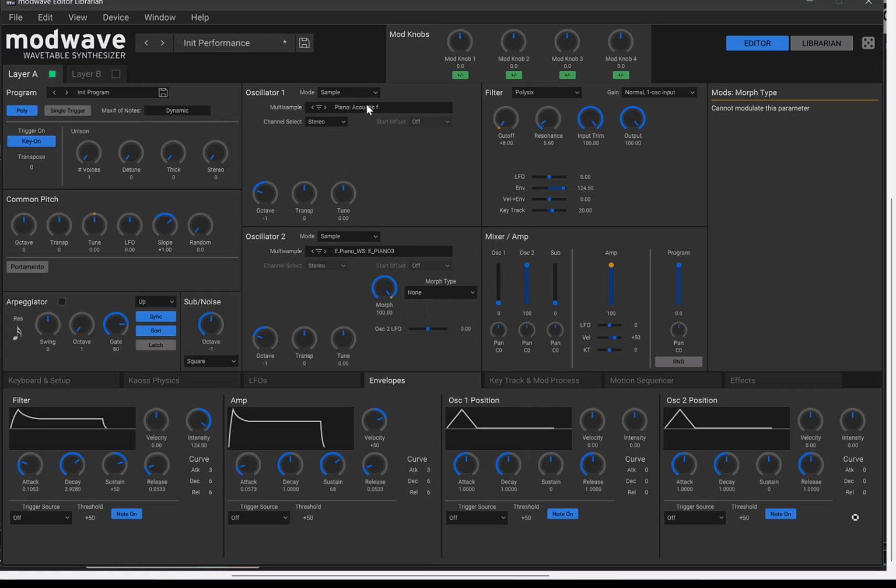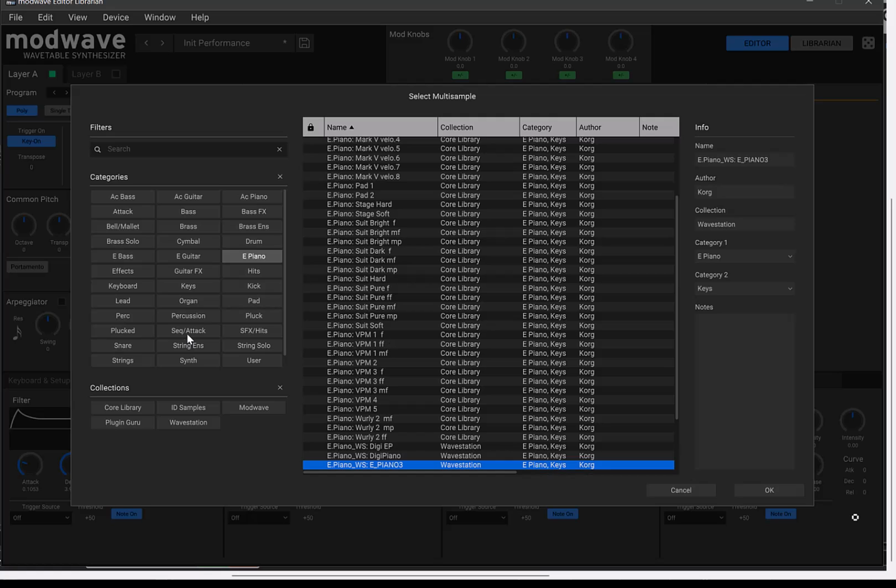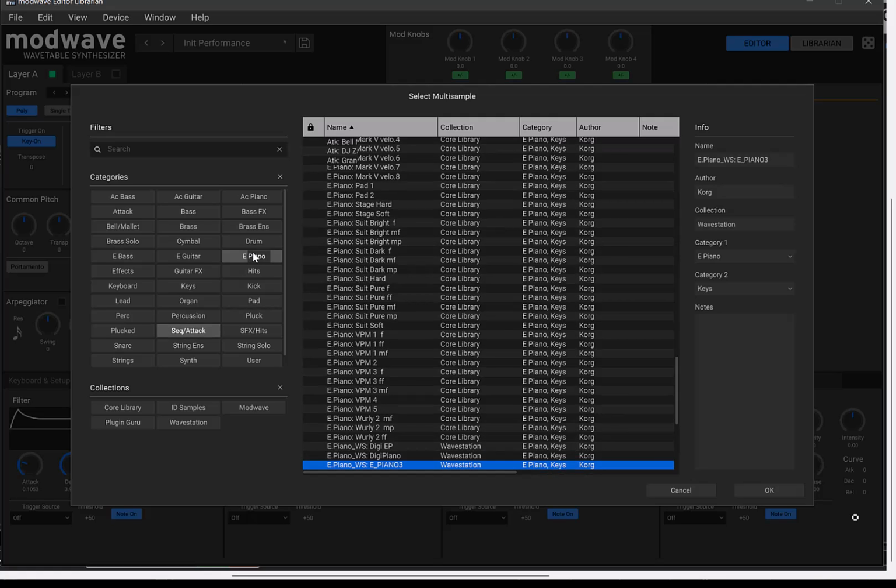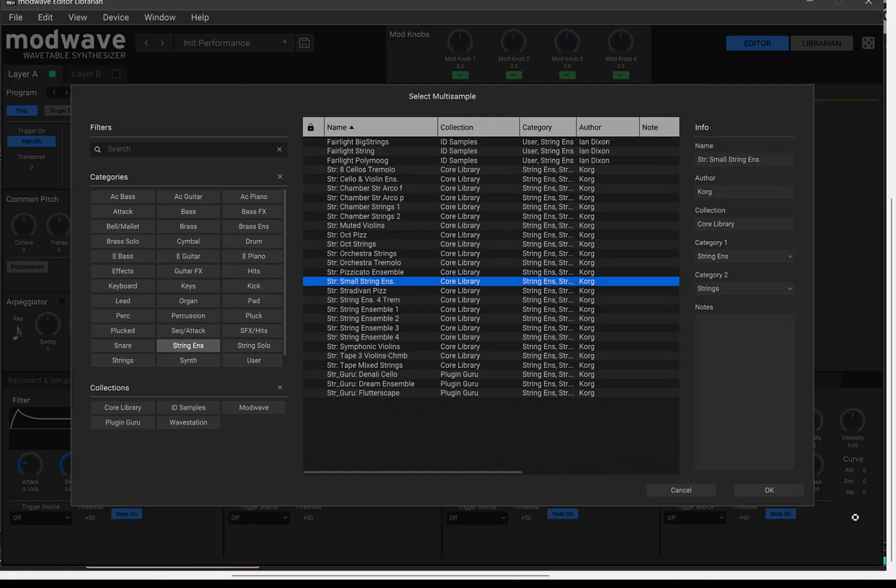And of course you could have the same sample and you can slightly detune one from the other, all the usual tricks you can do, but you see there are so many to choose from in here. Some of the Mellotron ones actually sound pretty good. Here's the